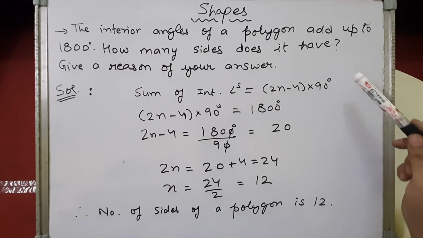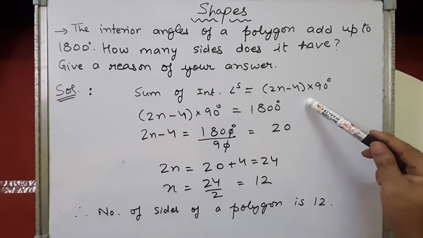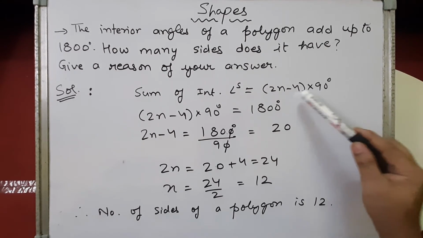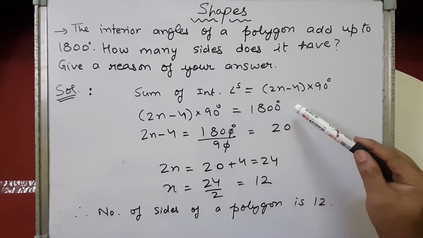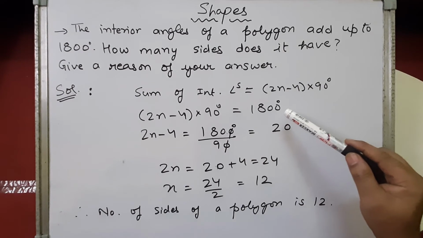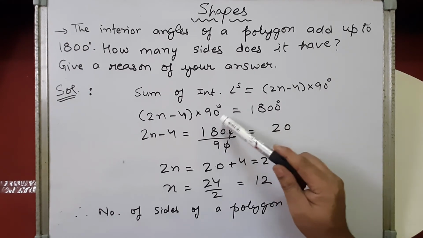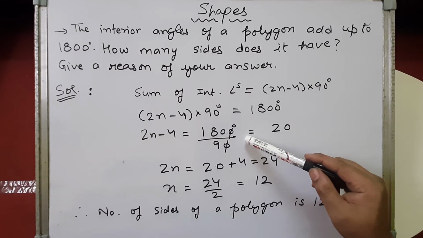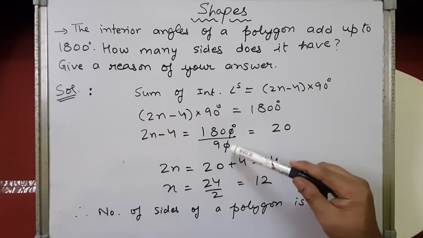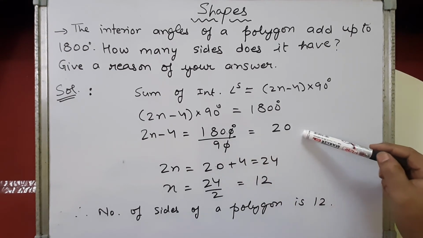Now the sum of interior angles formula is (2n minus 4) into 90 degrees. And the value of (2n minus 4) into 90 degrees is given as 1800. So when we equate these values, (2n minus 4) into 90 degrees equals 1800. Then first we simplify by cross multiplying this 90 here. So it will become 2n minus 4 equals 1800 upon 90. The 0 and 0 will get cancelled. 9 twos are 18. We'll get 20 here.